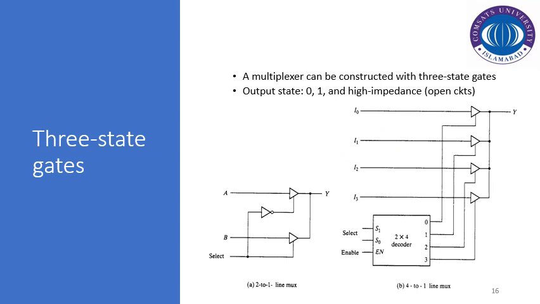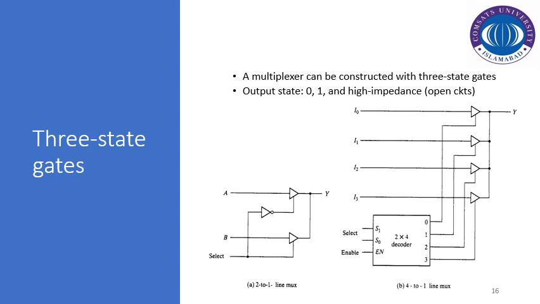Now coming to the last topic, we are going to discuss the tri-state gates. Basically, tri-state gates are the three-state gates. As far as the conventional gates are concerned, the conventional gates have definitive outputs. Either the output is 0 or the output is 1, depending upon the input. Whereas as far as the tri-state gate is concerned, it has basically three states. One is the normal state, where the output can be 0 or the output can be 1, and the second state is the open state.